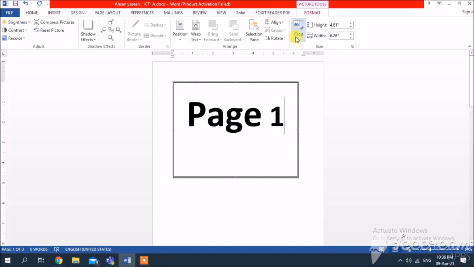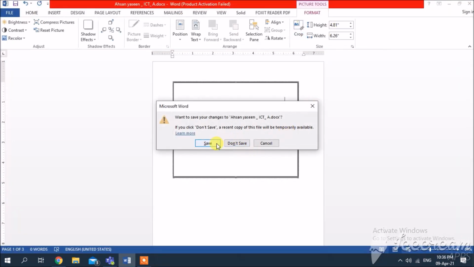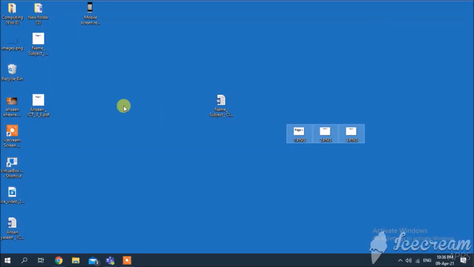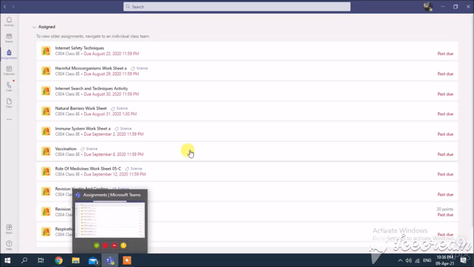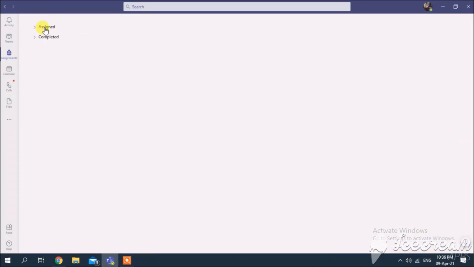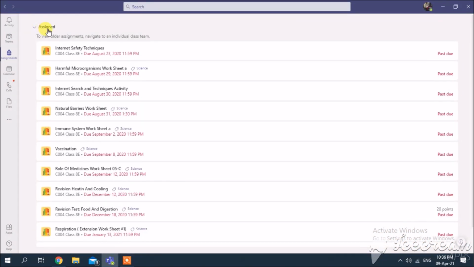ठीक है, then after that you can save this Word file as well. So here my file is saved. So the next thing is that I will open the Teams में assignment as a student. I am working as a student. ठीक है, example के ऊपर एक पेज मैंने एक लॉगिन किया. असाइनमेंट वाली टैब में आएंगे,